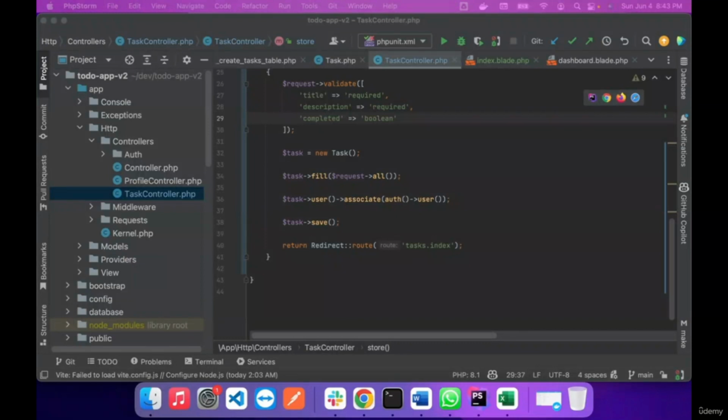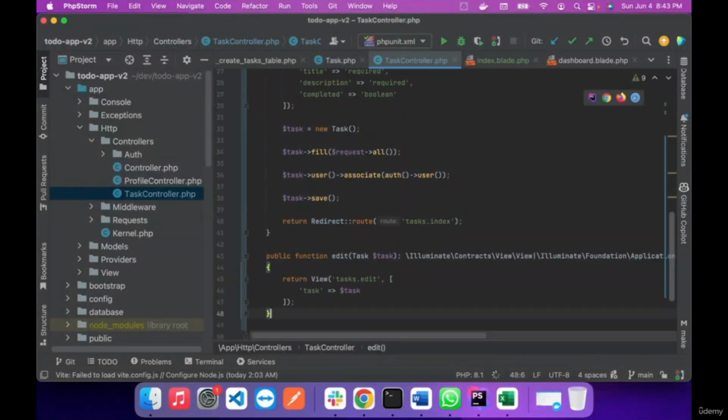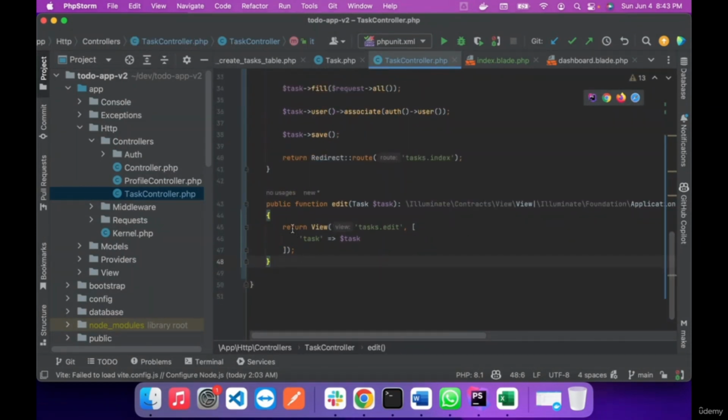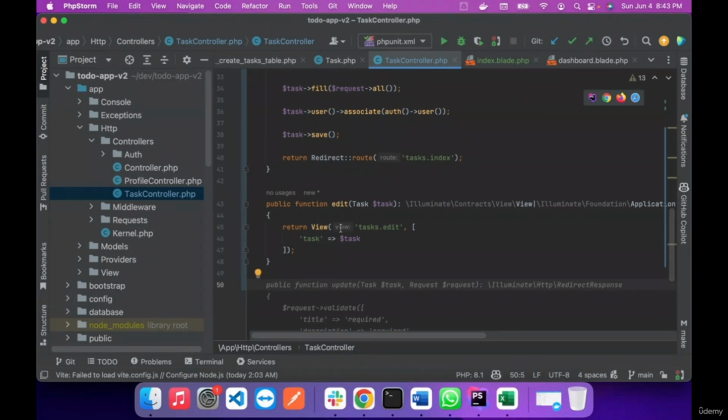And then here we have our fourth function, which is to edit a task. It just displays the edit page and then also passes the task to the edit page. So we'll also create the edit page in the next class. And then our